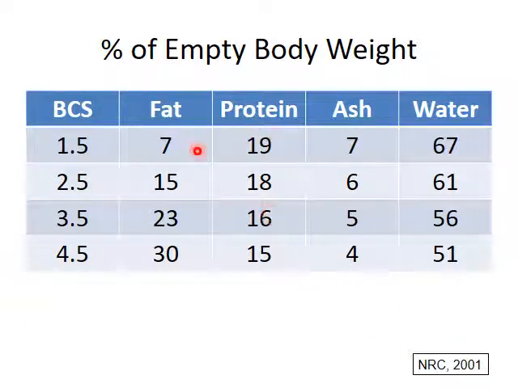So we think about the empty body weight composition. We know thin cows have much more protein as a percent of body weight than fat. As the animal goes up in condition score, she's going to have a greater percentage of her empty body weight as fat. These three components, ash, protein, and water, tend to move together. You can see that they're all being diluted out by the increase in fat. So these are going up, these three are going down. So as we get higher body condition,